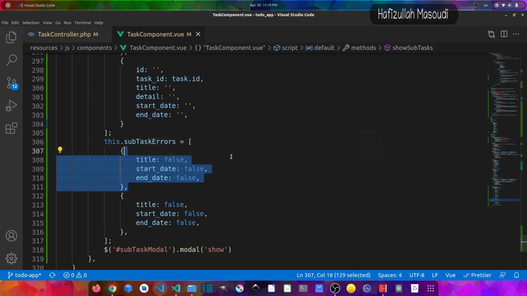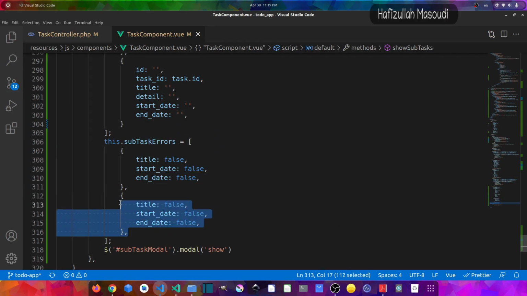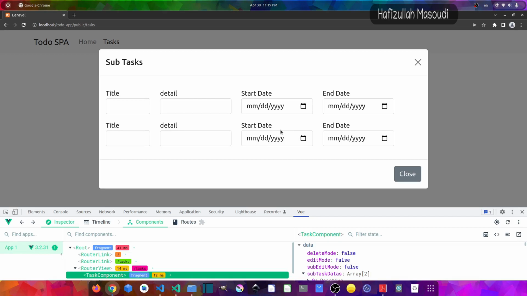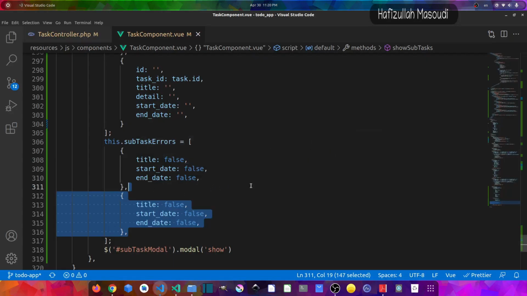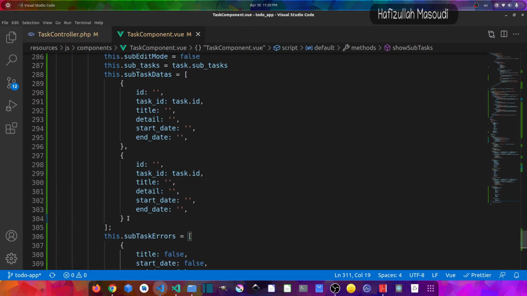So this is how you can do it using the code, but we want to make a way to do this using the user interface. So we will create two buttons here, one for adding these input fields dynamically, and the other one for removing these input fields dynamically. So let's remove these extra input fields from here,